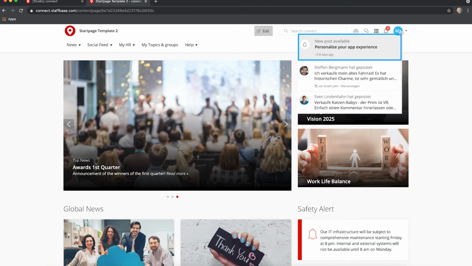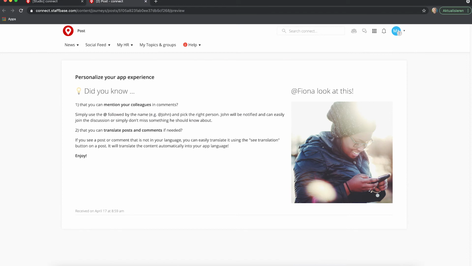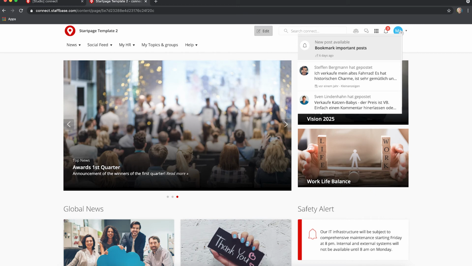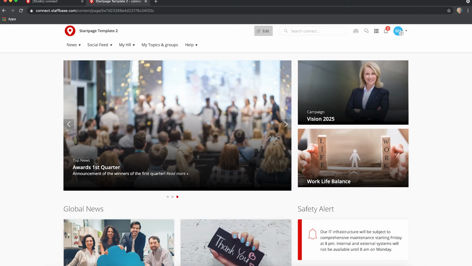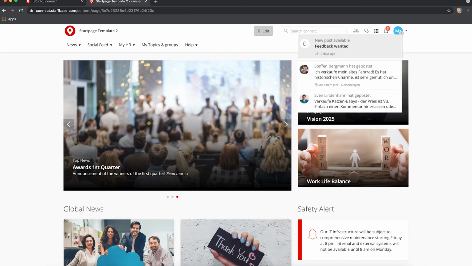After the third day, you receive a push notification that you can personalize your app by mentioning your colleagues in comments or posts. After a full week, you can click on the info page about how you can set bookmarks for interesting posts within the app. After you've been with the app for a full month, the onboarding team asks you about your